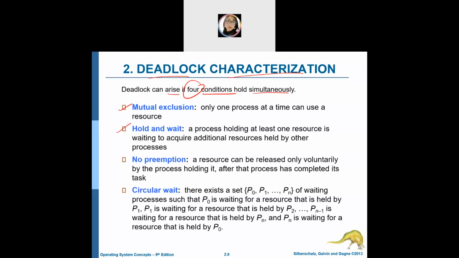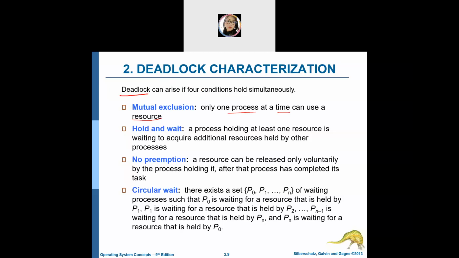Second, hold and wait. Third, no preemption. And fourth, circular wait. About the first condition, mutual exclusion: only one process at a time